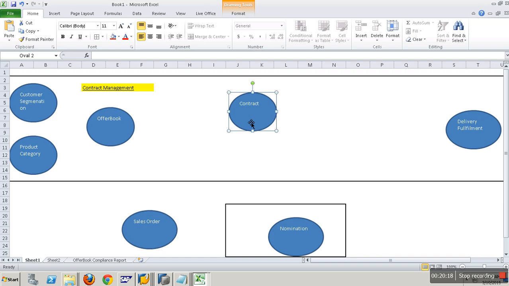What does LTFL say? Yes. Now what does my contract say? Yes or no? You'll have LTFL agreements in both. If both are matching, then you say yes. As part of LTFL, it is complete. Like this, all my offer book elements should match. If any one offer book element does not match, then the contract is not compliant. Getting what I'm saying? So like this, you calculate all those.